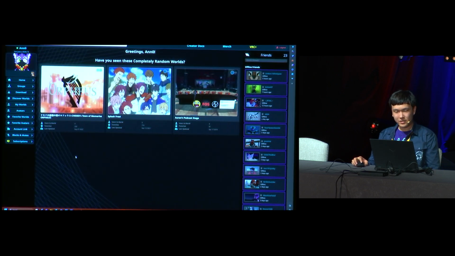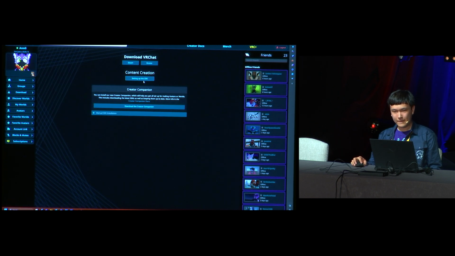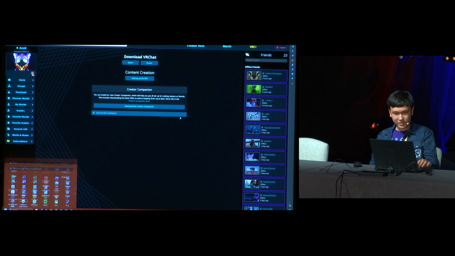So the first thing you want to do is, when you log into VRChat, go ahead and click on download. Then you want to download the Creator Companion and install it. Once that is done, it will walk you through creating your Unity account, getting your personal license, which, don't worry, is free, as well as getting the correct version installed and everything. So after you do that,